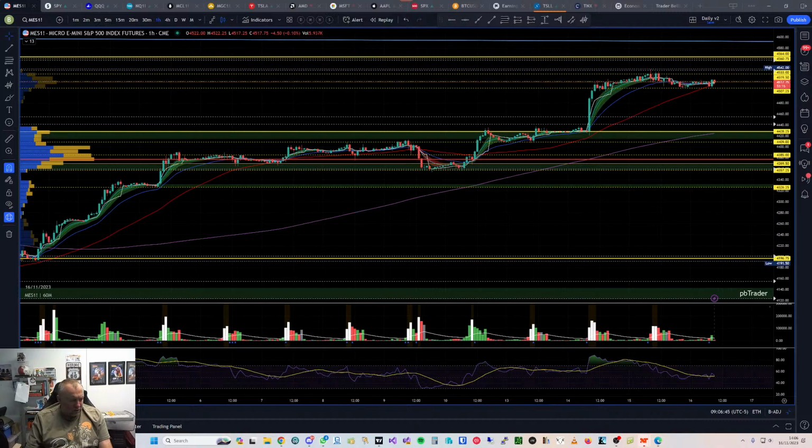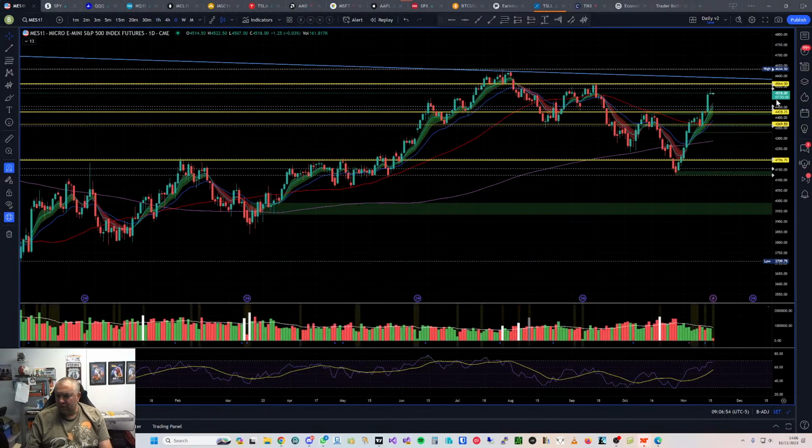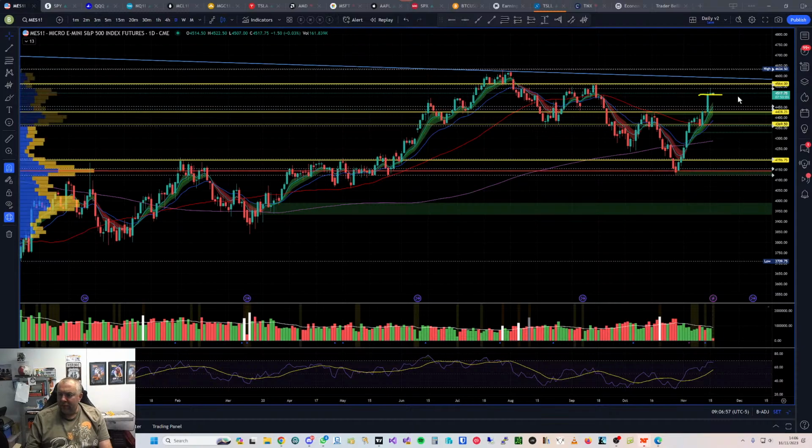Right, I've got some levels. I'm looking at my other levels as well, the daily, on my other screen. Let's start off with the daily so we've got a bit of an overview. We've got that level there, which is a breakdown of 45.17 on the daily. What I quite like is the break and retest off of yesterday's high to a continuation of the trend, which is very strong at the moment, up to 4600 or the trend line. I also quite like the breakdown of that candle, which will come into our target area of 44.28.